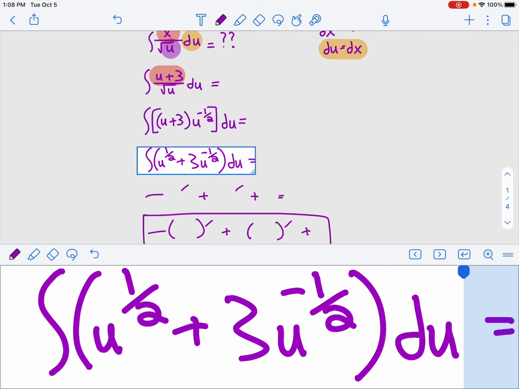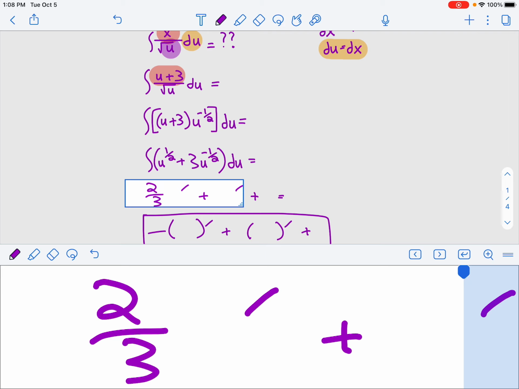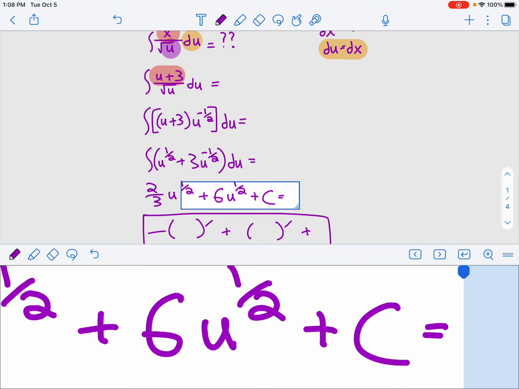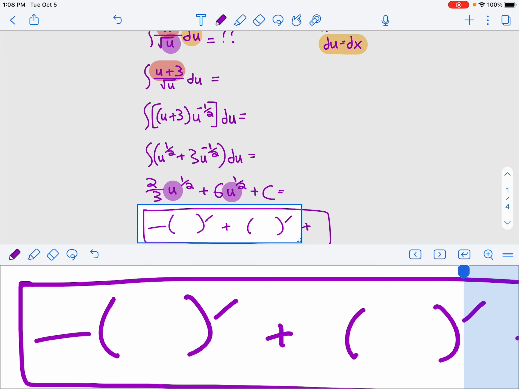Okay, and now I can go ahead and find the integral, right? So that's going to give me 2/3 u to the 1/2 plus 6u to the 1/2, and don't forget our old friend, the plus c. Okay, and once I've taken the integral here, now I can go ahead and do the U substitution back again so that I get everything in terms of x, and so my final answer is going to be 2/3 x